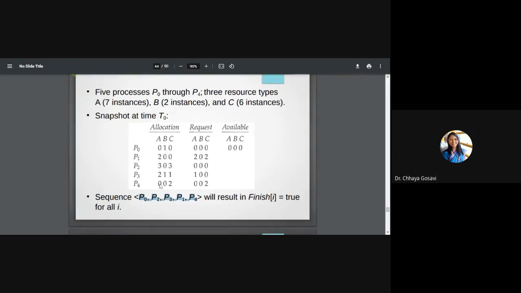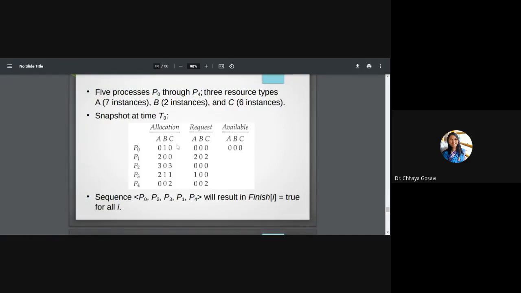This is the allocation matrix and the request matrix. Here Max is not given, and it is not actually needed. When the request is given, there is no need for Max. Why do we need Max? Max or claim is required to calculate the request. In some examples, they may give you only the request matrix. With that, you should be able to check whether the system is in a safe state or not.